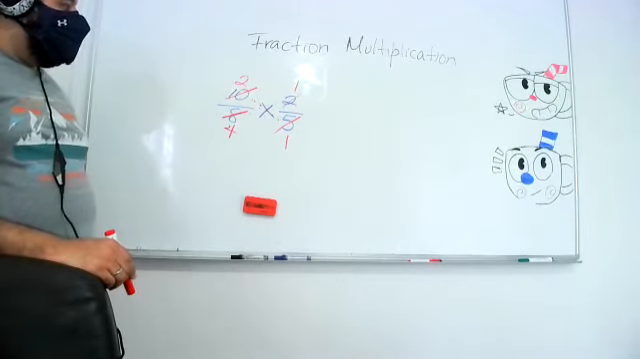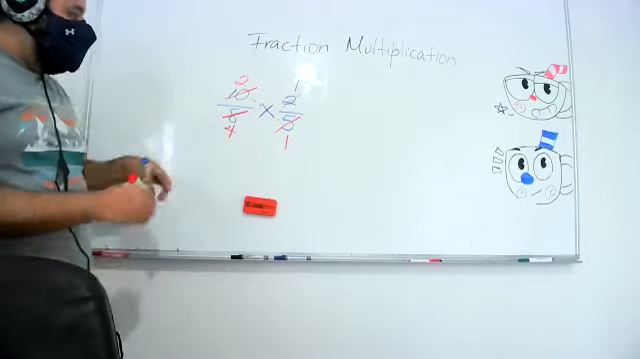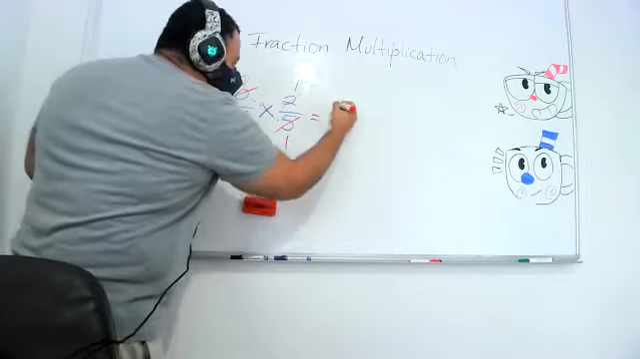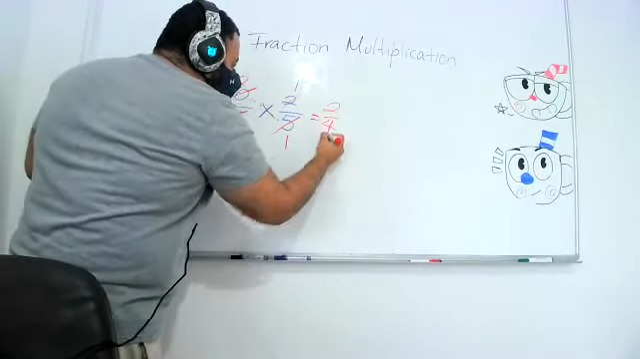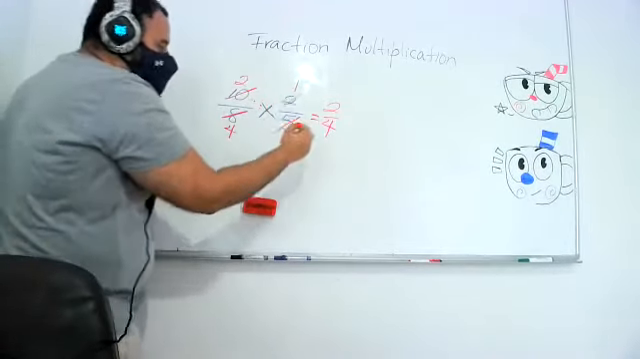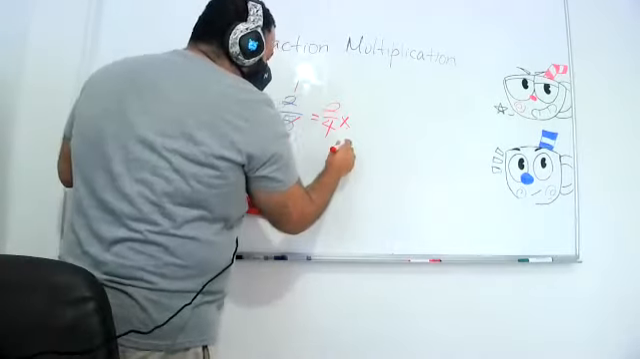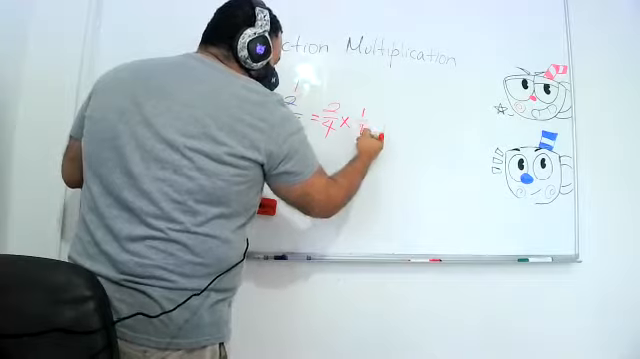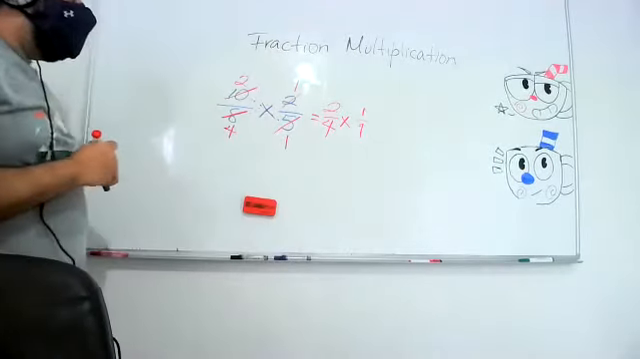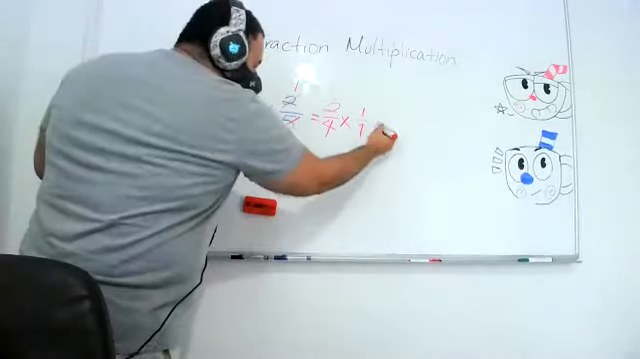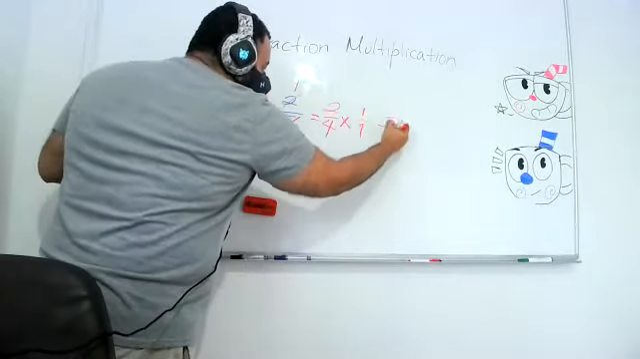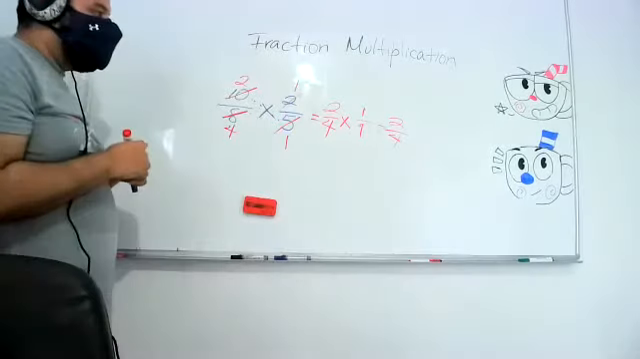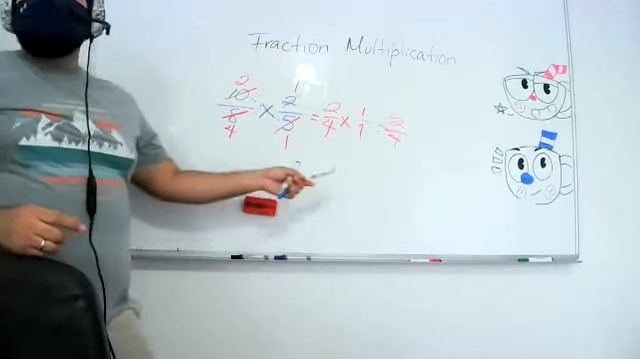Okay, now I will rewrite my new fraction to multiply. This is 1 times 1, which is 1. 2 times 1 is 2. 4 times 2 is 8... I mean the result is 2/4. Oh, but there is something in common,